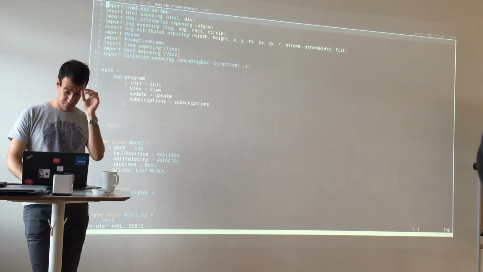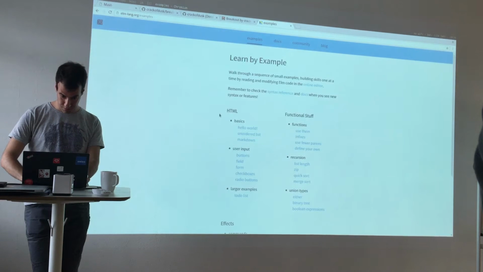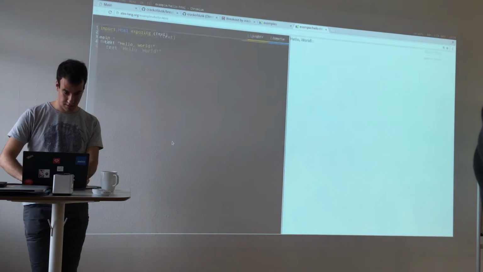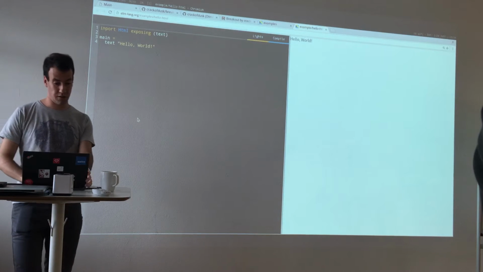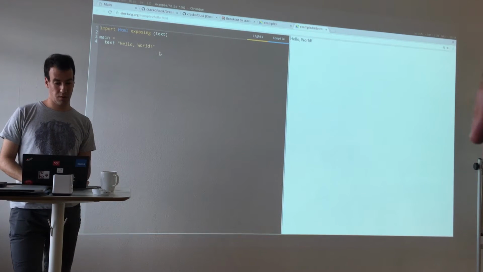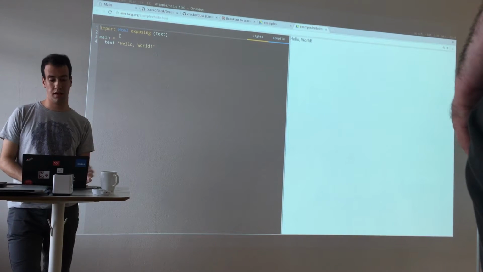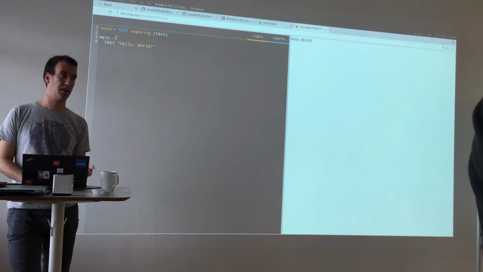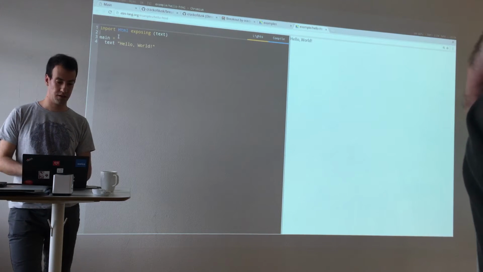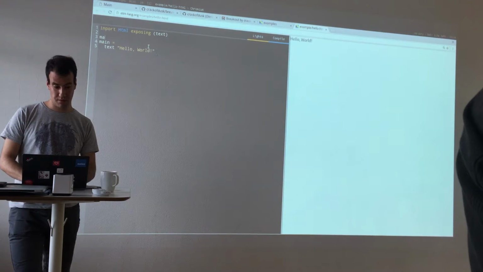I guess a simpler way would be to start with a hello world, because it's better than diving into the game code immediately. So in Elm, we have types. The types are checked at compile time, but you don't need to write them out. The Elm compiler can infer the types of your functions. So here, the type is something like